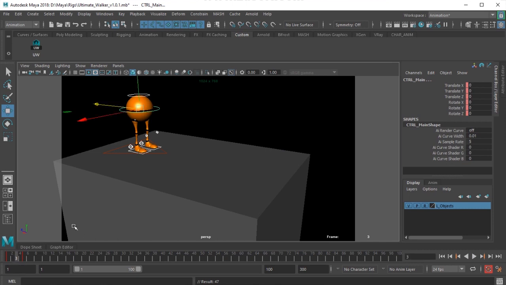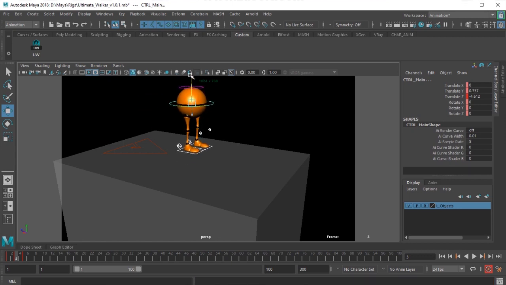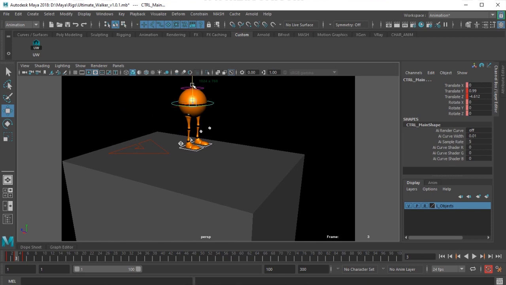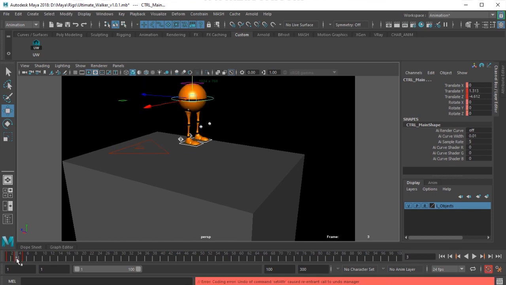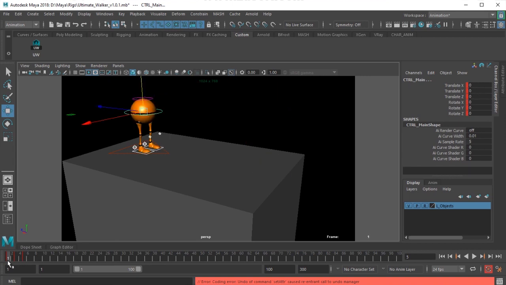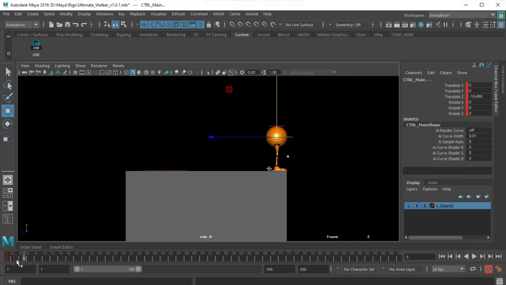So I will go to frame number 3, come in the middle and move it like that. So the character comes from here, goes there and goes there. Make sure that it's in the middle here.